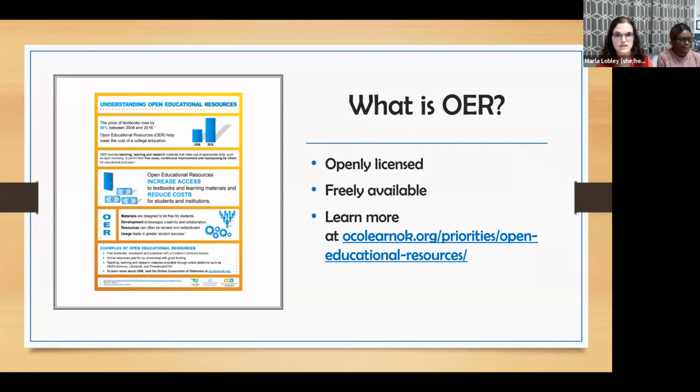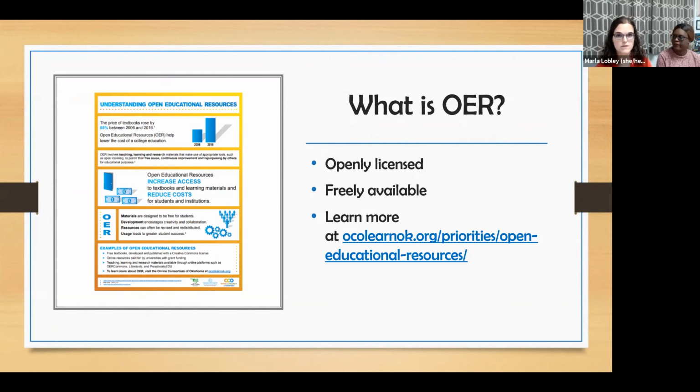So OER stands for Open Educational Resources. And these are resources that are freely available online, but it doesn't include every learning resource that's available online. It only includes those resources that are openly licensed. And that means that they have a special license applied to them by the creators that lays on top of copyright and gives users upfront permissions. So whereas copyright says all rights are reserved, an open license says some rights are reserved.